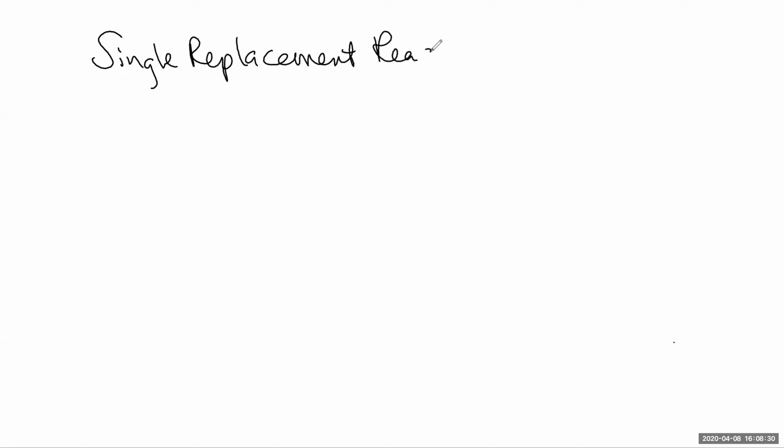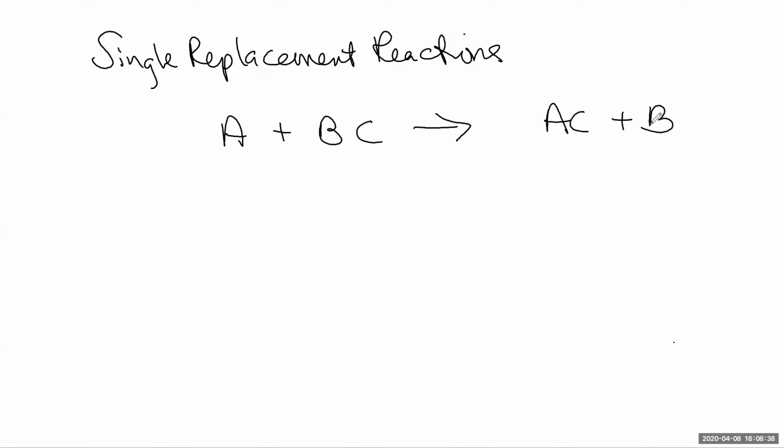Hi, everybody. Today, this little segment is just on single replacement reactions. When we're looking at single replacement reactions, remember that they have the general formula that looks like this: A plus BC going to AC plus B. This is the general formula where A is an element,